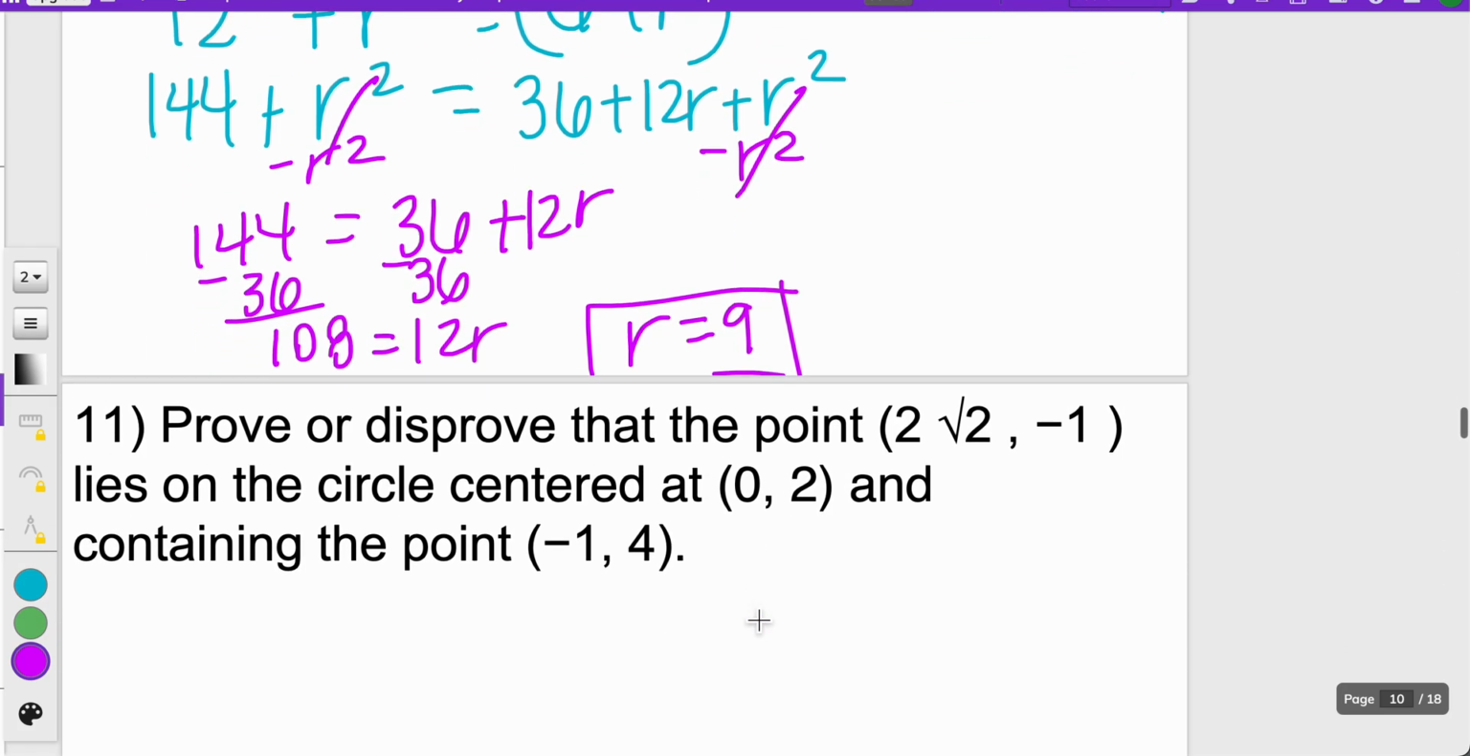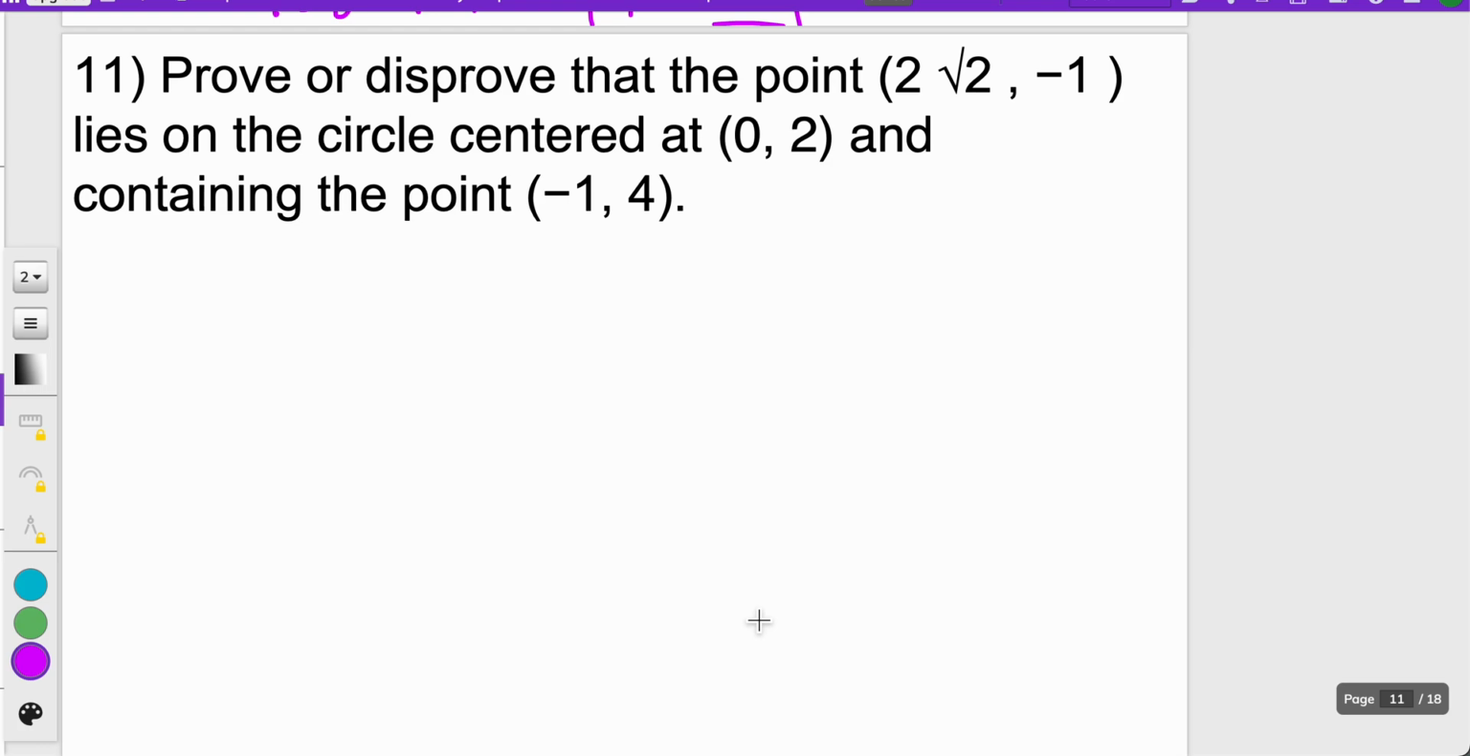Okay. Prove or disprove that the point (2 square root 2, negative 1) lies on the circle centered, so here's my center, H, and contains the point (negative 1, 4). So the first thing we got to make sure we know is what in the world is my equation for a circle. So this comes from lesson 10.7, where you have your (x minus h) squared plus (y minus k) squared is equal to your radius squared. So if you haven't had a chance to see that video, probably want to do that, but one thing we want to start by looking at is, do these 2 points